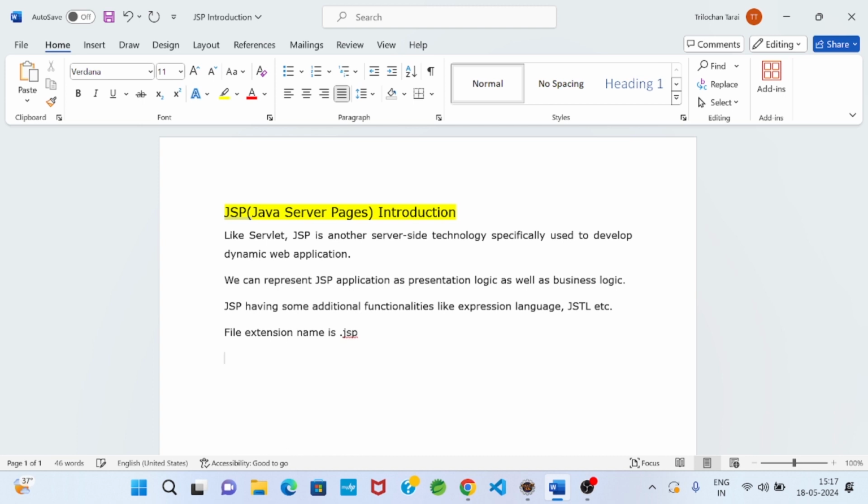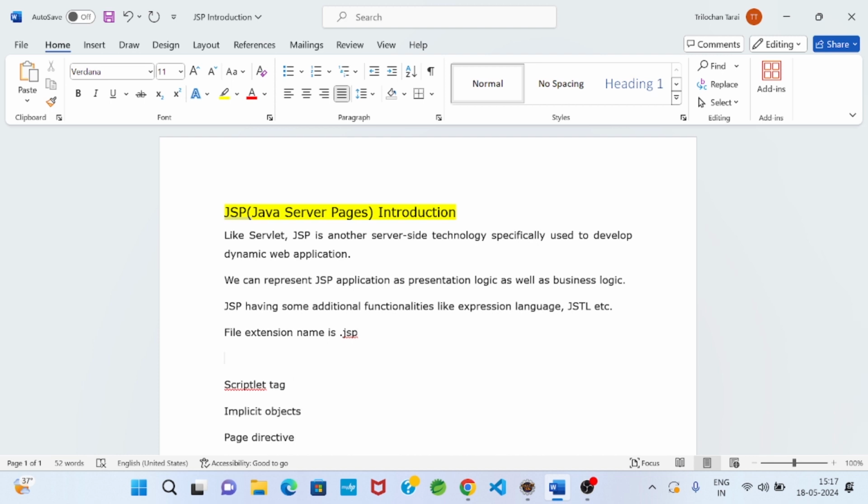Okay, so every JSP application when I develop, I will follow these points. One is expression tag, one is scriptlet tag, one is implicit objects, one is directive elements, and one point is page directive.